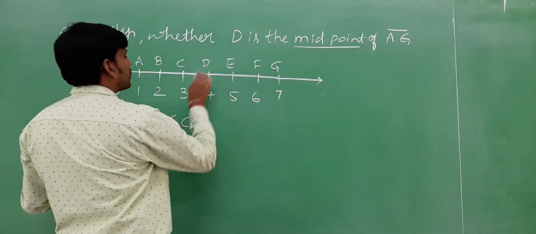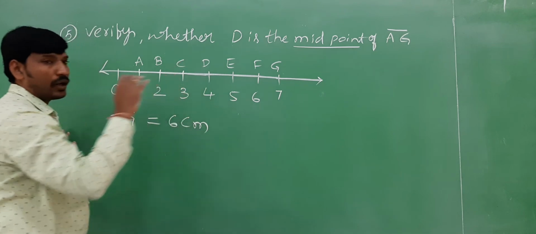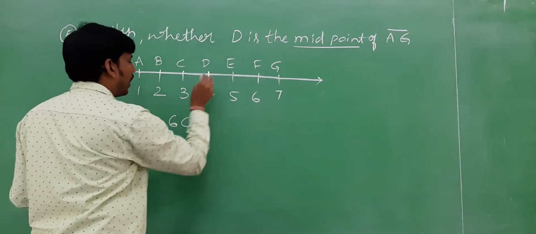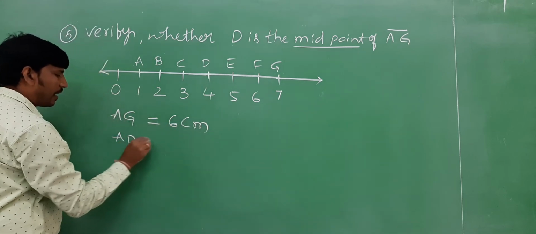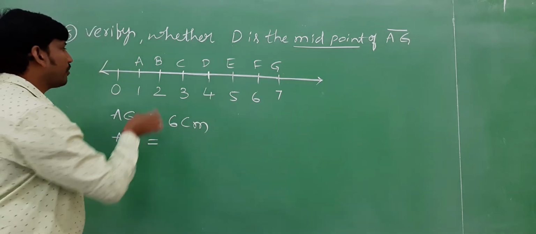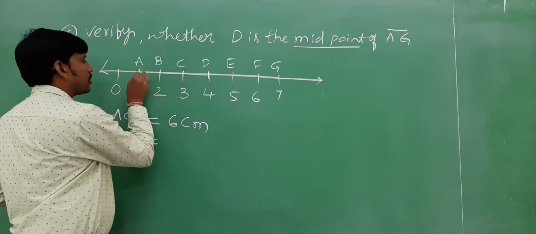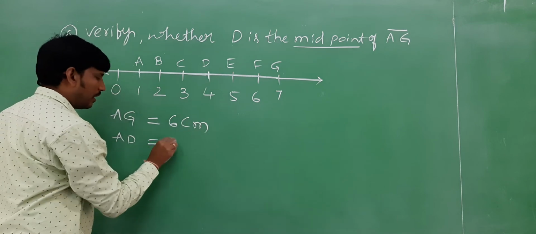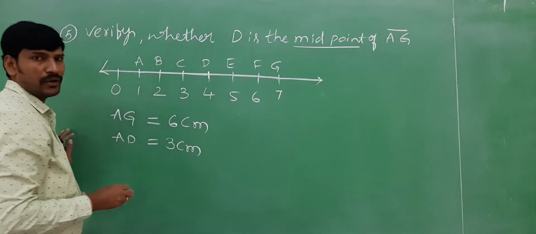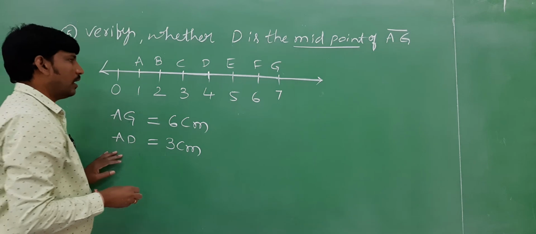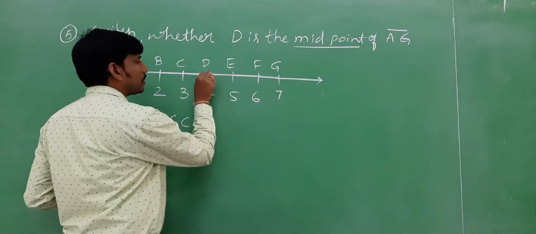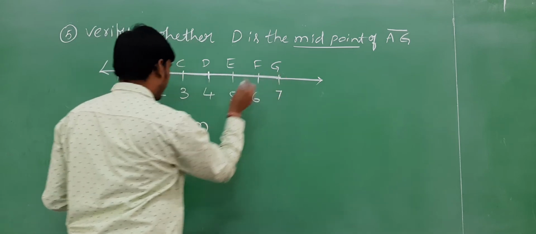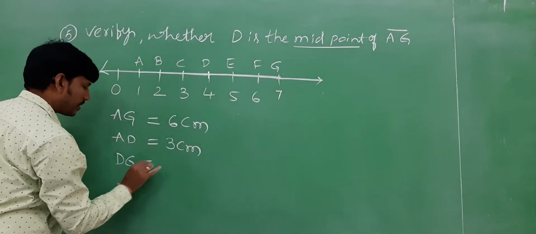Now, they are asking whether D is the midpoint or not. Now where is D? Here D is there. Now just count that. Find out the length of AD. From A to D we are going to count. So 1, 2, 3 centimeters. Is this clear? It is 3 centimeters. Now let us find out GD also, or DG. From here to here you can count DG. D and G, which is equal to